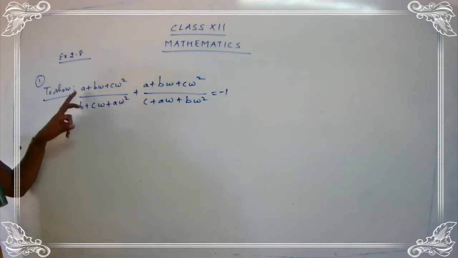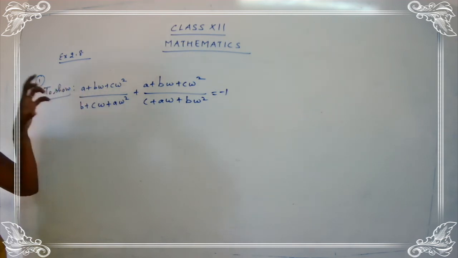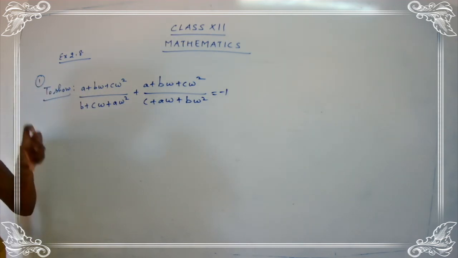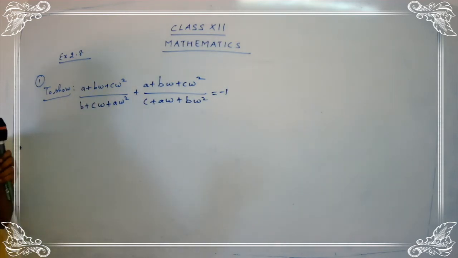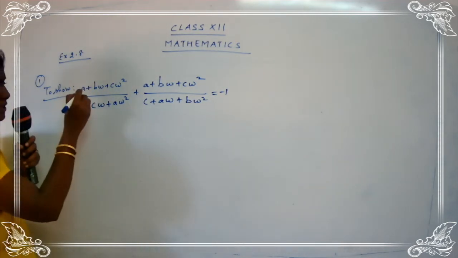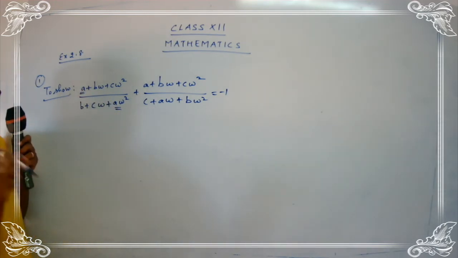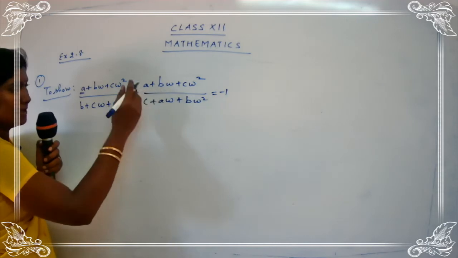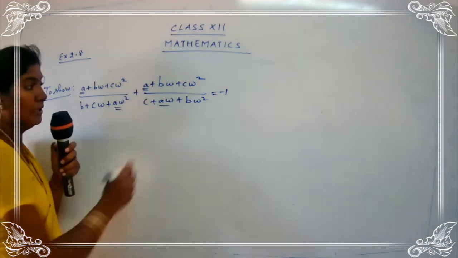Okay, children? Now here just see the numerator and the denominator carefully. I am just going to consider the term A. I am not going to focus on the remaining terms. I am going to focus only on the term A. Now just see the term here. This is A, and here the term is A omega square. Okay, children? And similarly, just go with the second term. Here we have A, and here we have the term A omega.